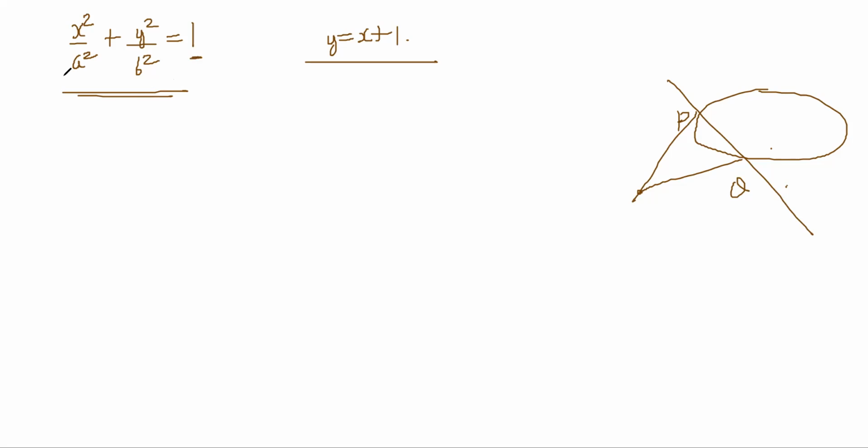The first term is 2 degree, the second term is 2 degree, the third term is 0 degree. This is currently not a homogeneous equation, right? This is 1 degree, 0 degree. So I want to make a homogeneous equation by using this and this. If I use both the two equations, that means I'm capturing the information that the line is cutting the ellipse.